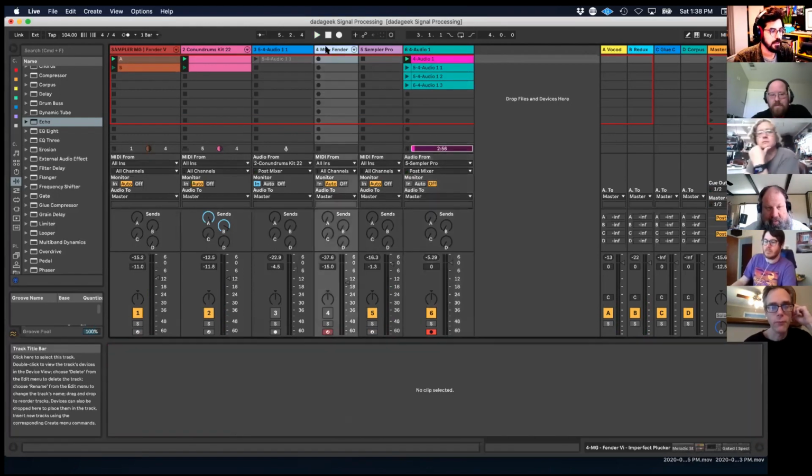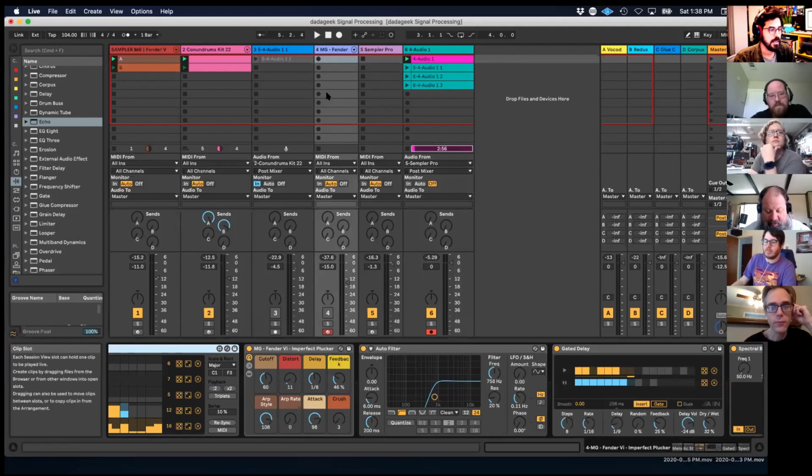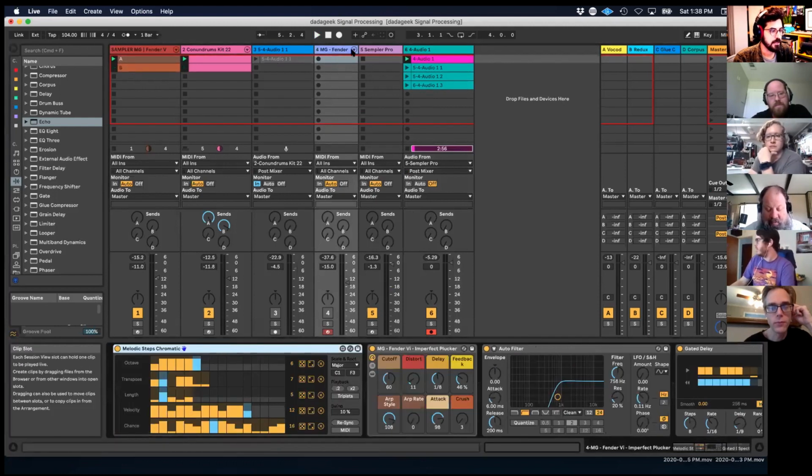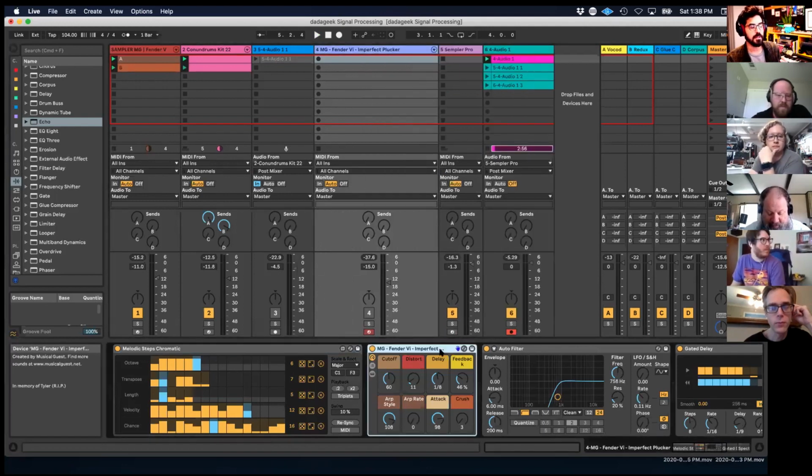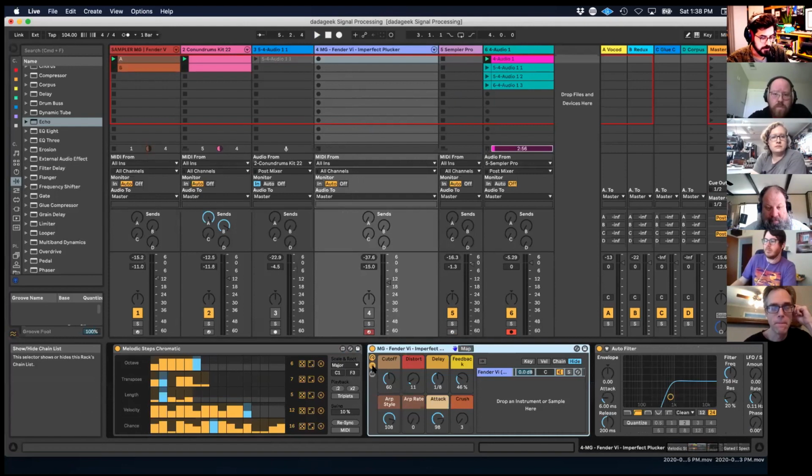Another thing that I ended up doing was taking the same track, basically, that same instrument track. We're talking about signal processing, and I've been focusing a lot on audio processing, but another signal that we work with in Live is MIDI. So there's always two types of tracks, two types of clips, and two types of devices, audio and MIDI. So I've got my Imperfect Plucker device right here,